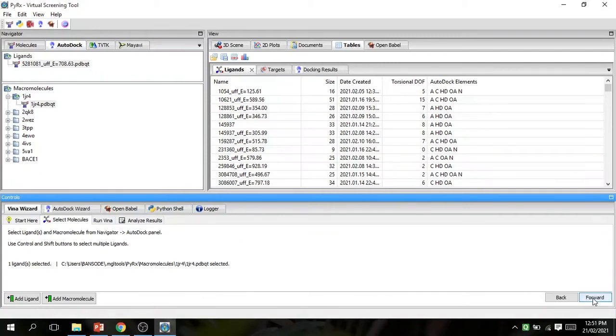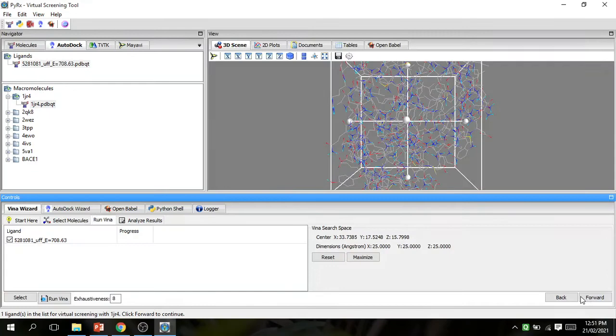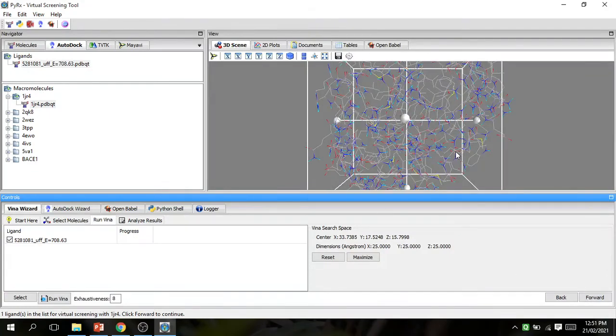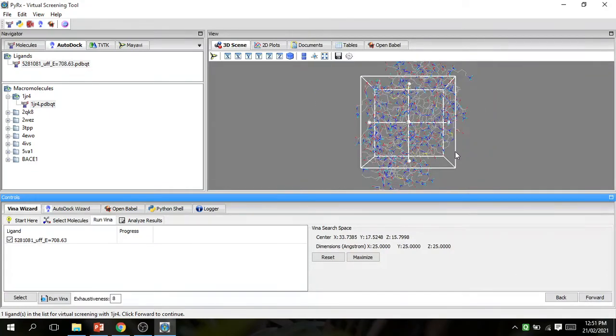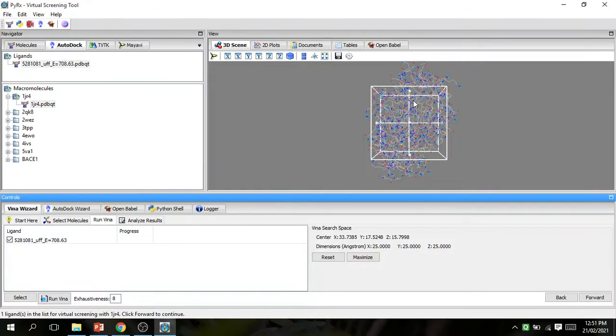After this there are two options, back and forward. After selecting molecules, you press forward. This is the grid box. I want this grid box to cover the whole protein.